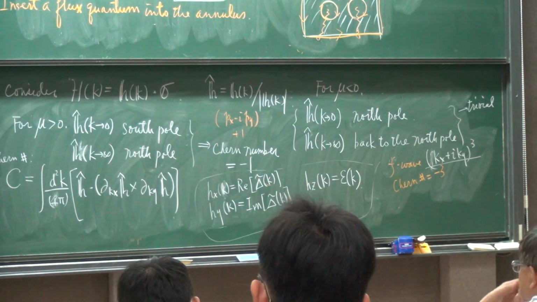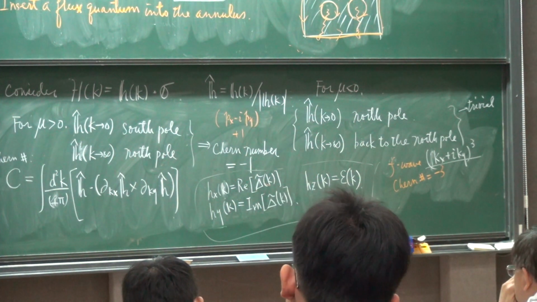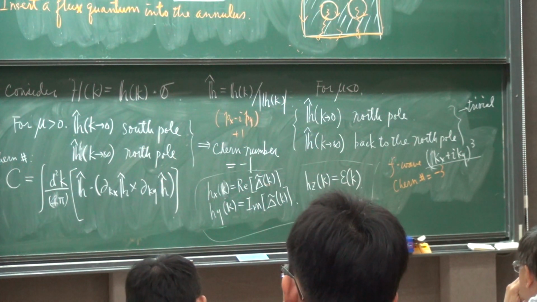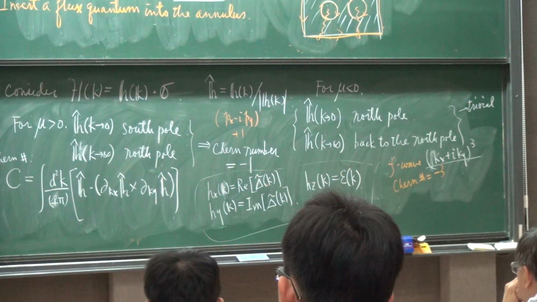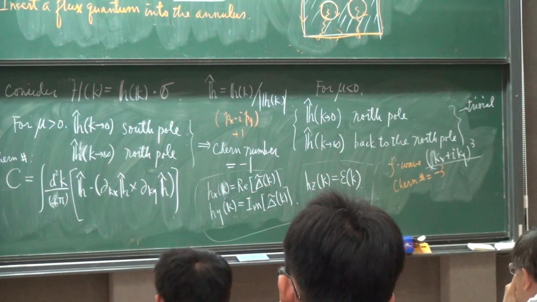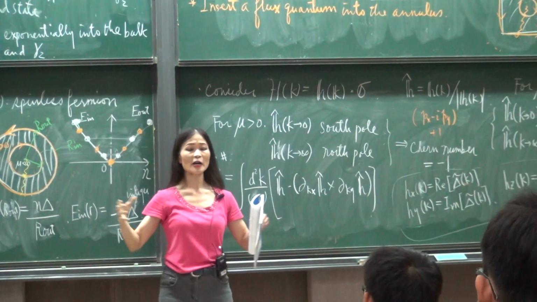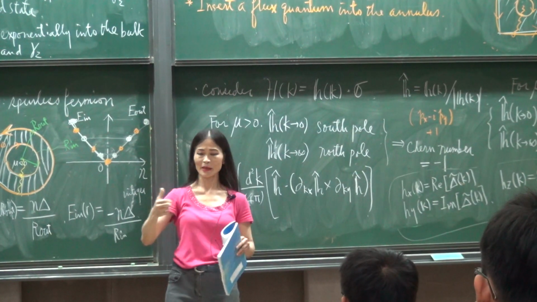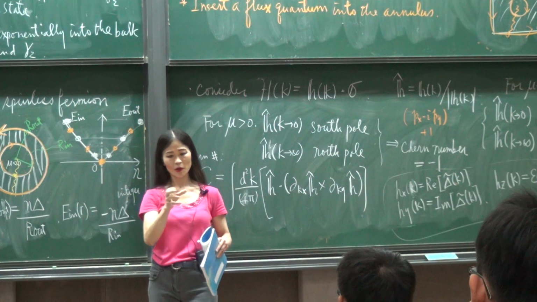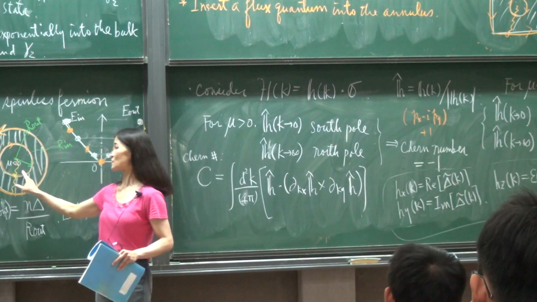So this is the second case. For those of you who know something about superconductors, this looks interesting, right? When you apply a magnetic field to a type 2 superconductor, you generate vortices. And inside the vortex, it's almost like a normal material. So if you have a topological superconductor and you apply a magnetic field, then inside the vortex you can consider that part as a normal core. So it's topologically trivial. So it's similar to this kind of situation.